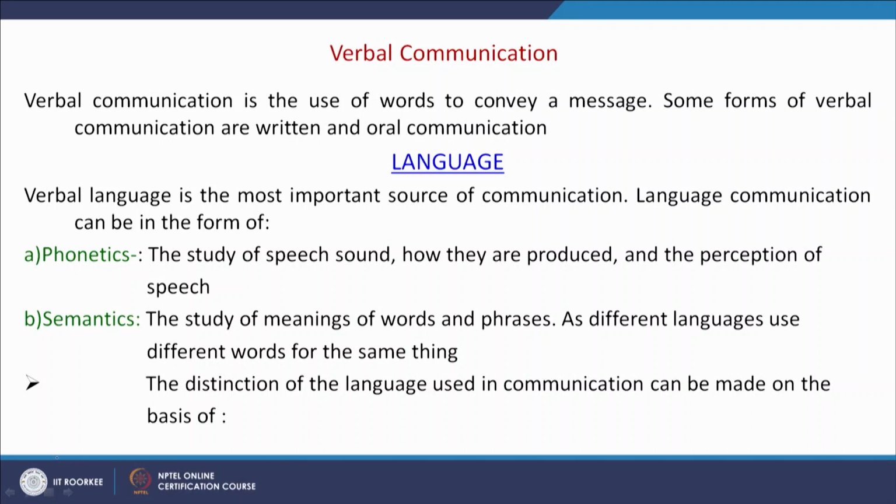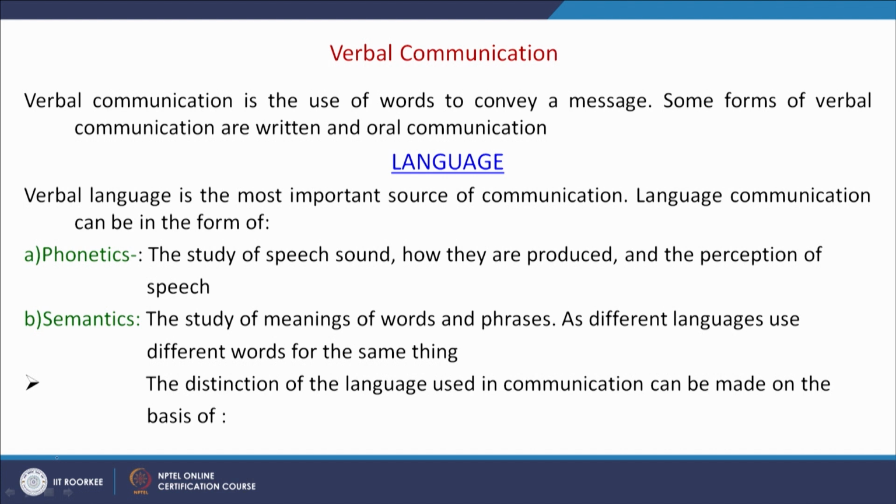So, when we talk about verbal communication in terms of language, then there are two aspects: phonetics, the study of speech sound, how they are produced, and the perception of the speech. For example, if the pitch is high and information is new, then there is a different kind of impression on the receiver, that it is something shocking,